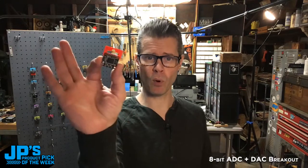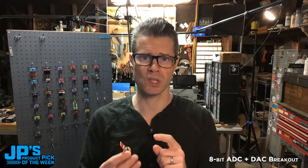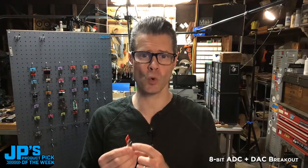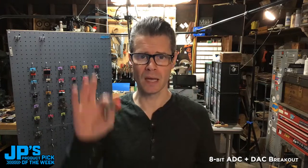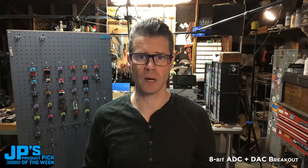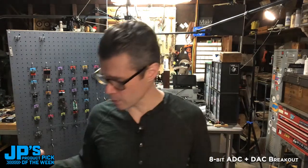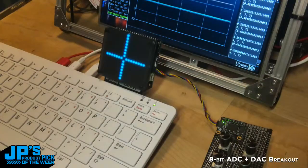So this board here has the STEMMA QT breakout on it. It's the SparkFun Quick compatible I2C little itty bitty connector that we can use to plug that in to your Raspberry Pi. Now you can either do that with a sort of breakout cable, or what I'm going to show you here, I'm going to switch to my down shooter, and what you'll see is that I have a